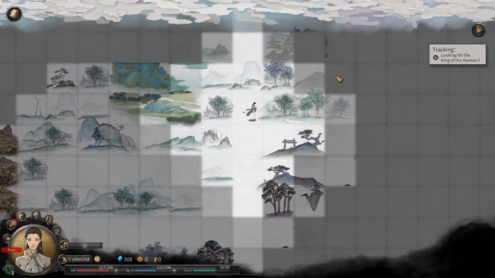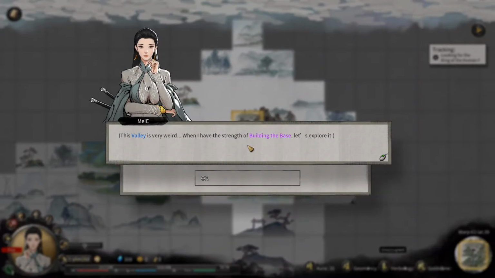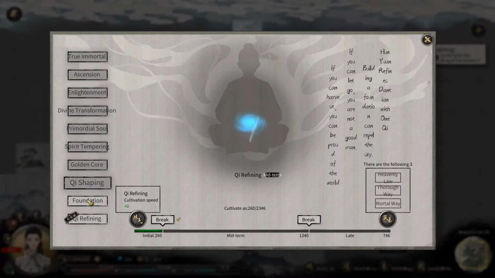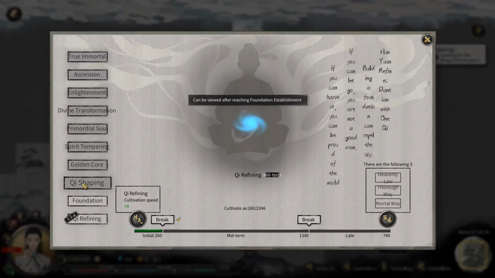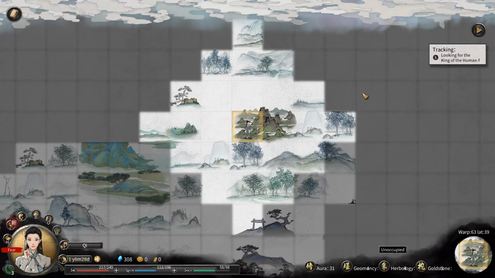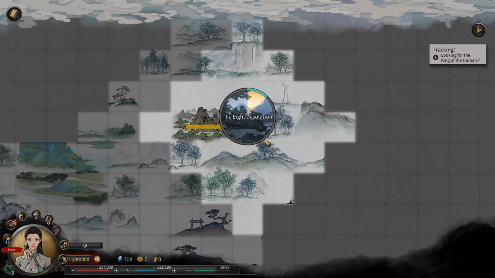So we're just still looking. Oh, it's right here, and it tells us we have the strings of building the base. So basically, it's telling us to reach the foundation stage, right? So the next is qi shaping or crystallization, because as you will eventually see, it will be like a crystal that